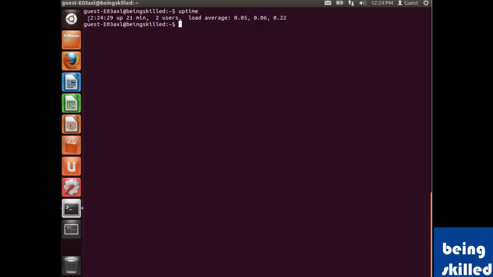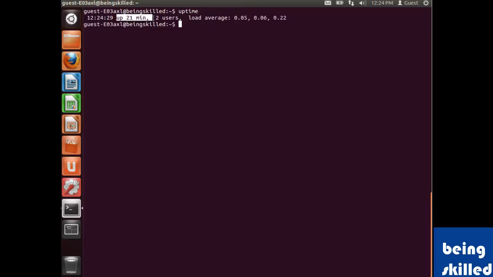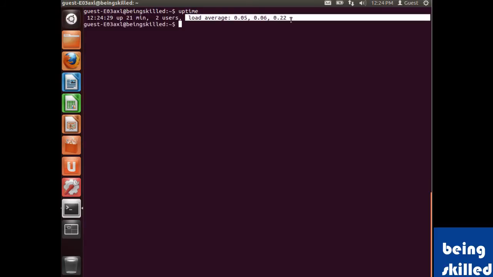So we can see the current time is 12:24, and it has been up for 21 minutes, and there are 2 users, and the average load has been 0.05 or 0.06, which is really low.